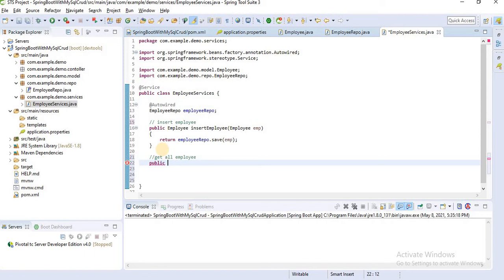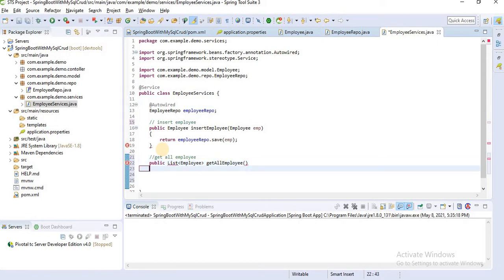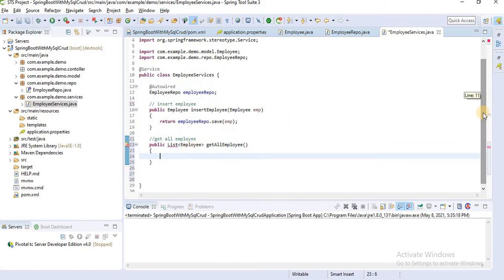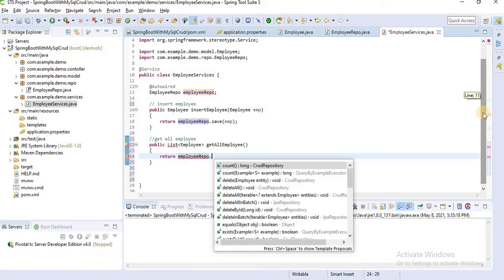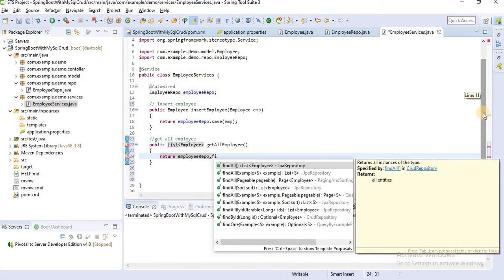For that we are using list of employee, and get all employee. We are passing nothing here. Let's return employee repository dot find all.